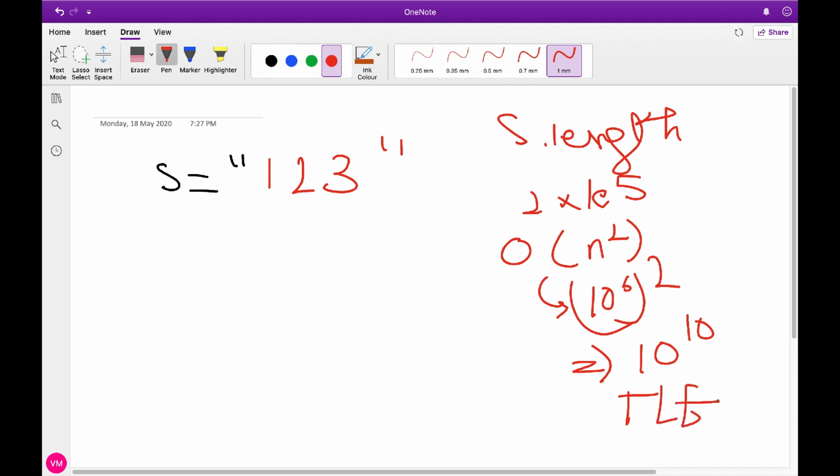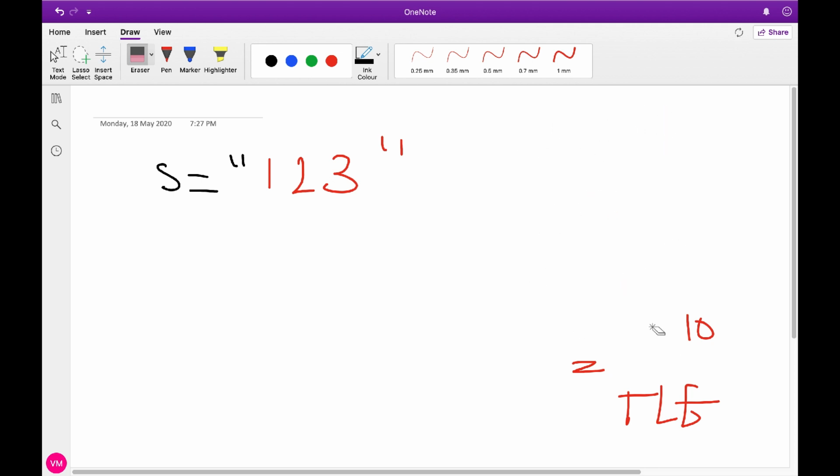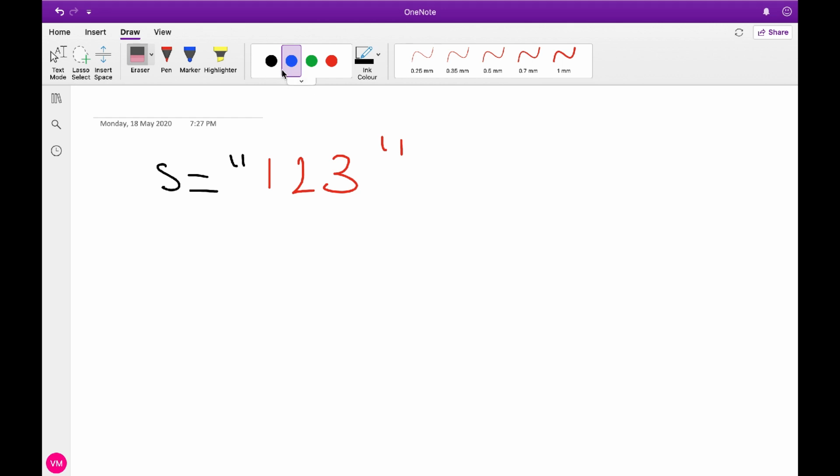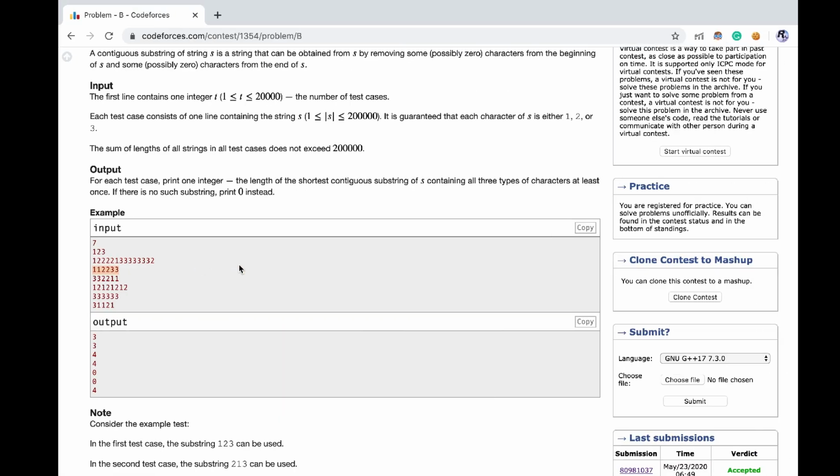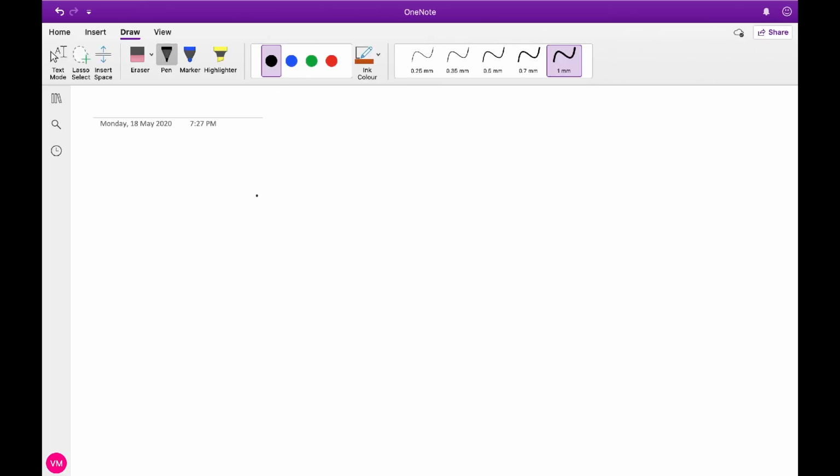So to avoid this, the efficient way is to use binary search with the concept of sliding window technique. Okay, so I will take a test case and do a dry run of what I am saying, and then we will code it. So let's take a string. Let's take this string, 1 1 2 2 3. Okay, so the string is 1 1 2 2 3. So we will apply the binary search.